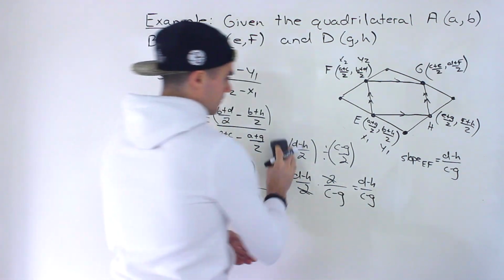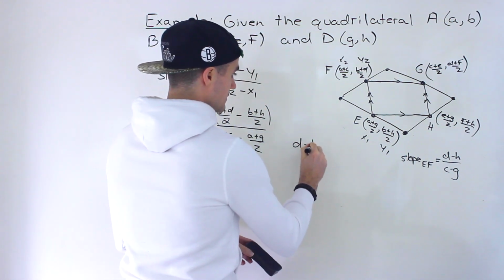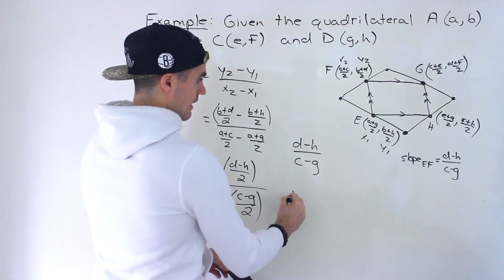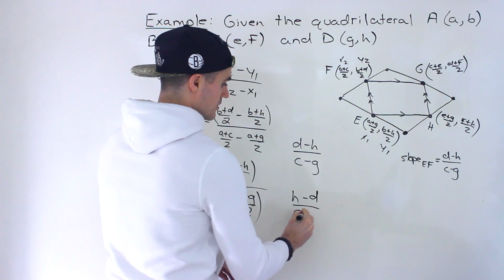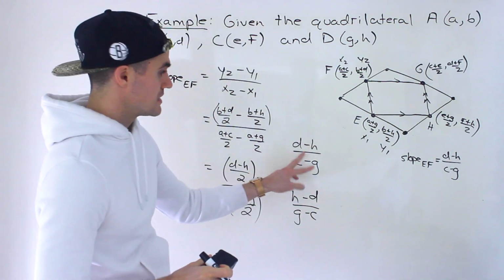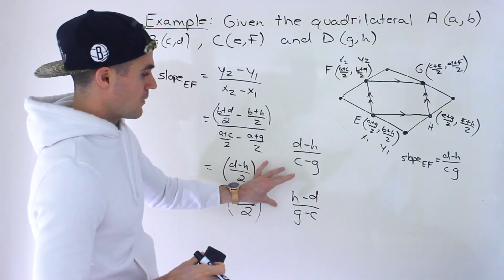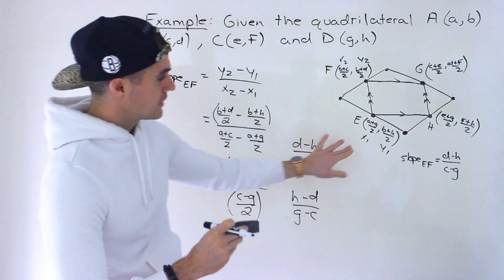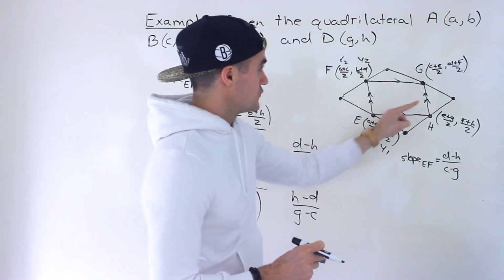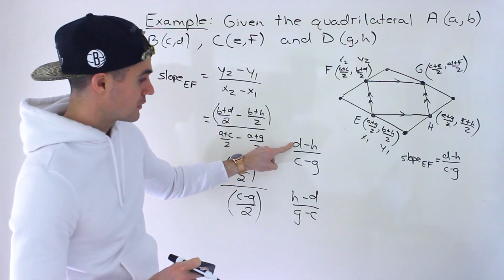One thing I want to mention here, this and this are the same thing. Okay, we can rotate this and then rotate that. Both of these here are the same thing. And the reason why I want to mention it is because depending on how you label this x1, y1, x2, y2, for example, when we're going to find the slope of GH, you might end up with this over here, and you might think this and this are different when you look at them, but they're actually the same thing,